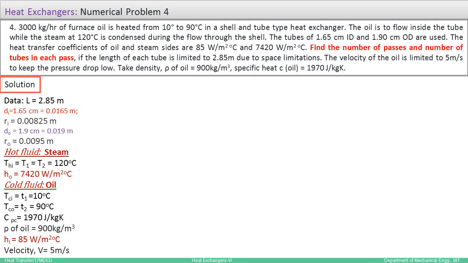Density of oil is given as 900 kg per meter cube, whereas the steam side and oil side heat transfer coefficients are given. You can look at that since the steam is given, whenever there is boiling or condensation happening, the heat transfer coefficient will be very much higher. In this case, you can observe on the condensation side the heat transfer coefficient is 7420 watt per meter square degree Celsius,